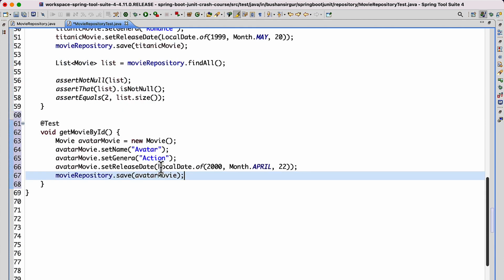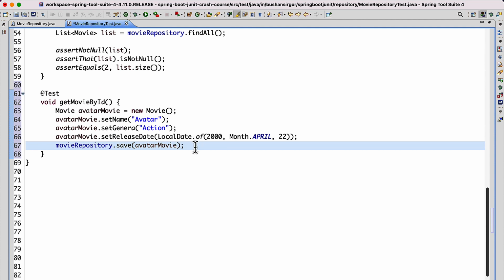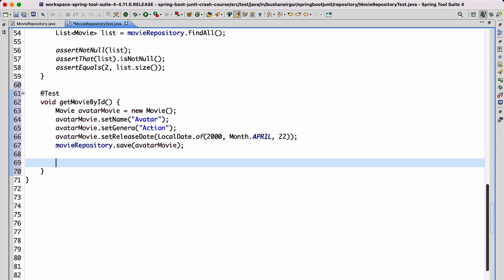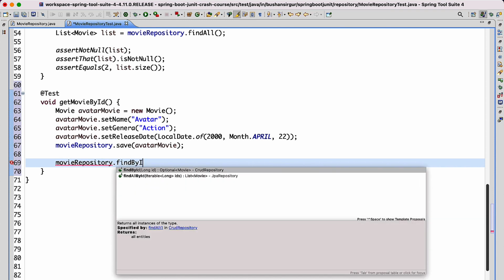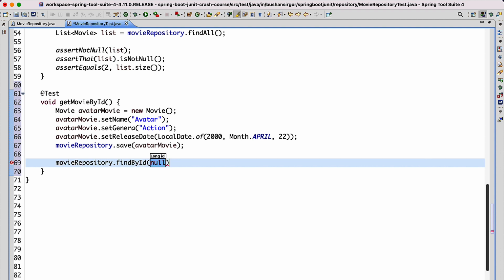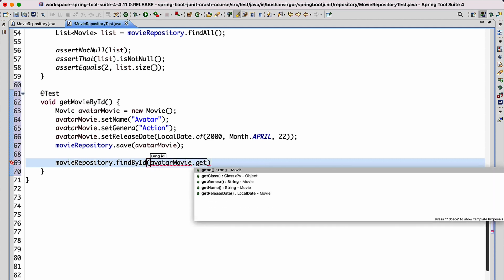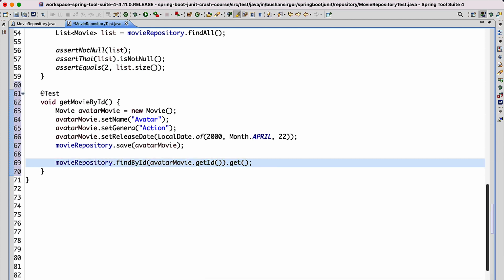and paste it. Next, once we store the movies into the database, next we have to call a method that is being tested, that is find by ID. So movie repository dot find by ID, and we are going to pass the ID which we want to test. So we are going to pass this avatar movie dot get ID, and on this we are going to call the get method. This will return the movie object. So movie, let's call this existing movie,